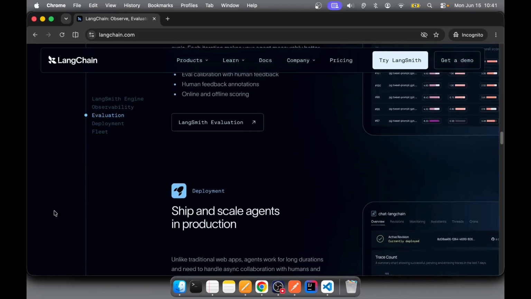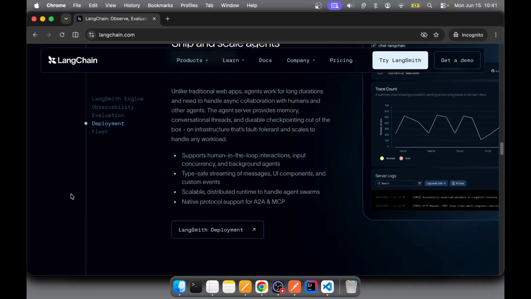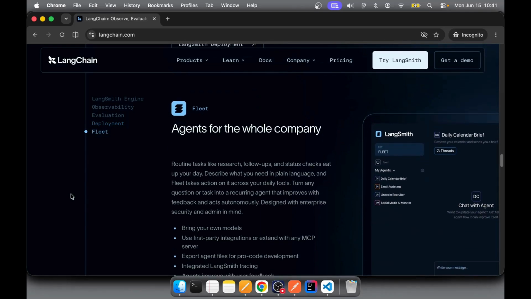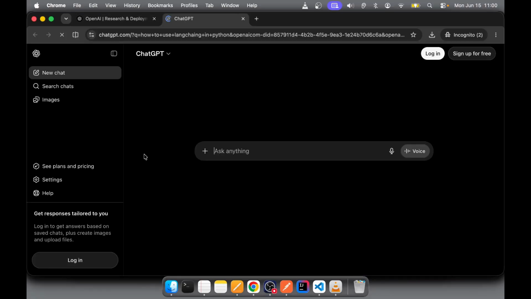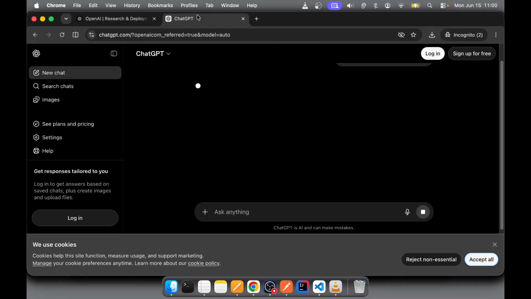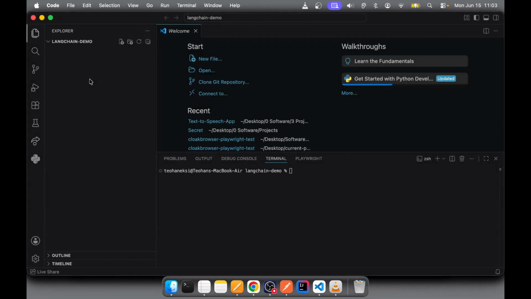That is exactly why the world runs on LangChain. In this LangChain tutorial for beginners, we are going to break down exactly what is LangChain, how it works, and how to use it in Python with OpenAI. We'll even walk through installing it in Visual Studio Code from scratch and look at real-world LangChain projects like RAG and AI agents. By the end of this video, you'll go from absolute beginner to ready to build your first production-ready AI application. Let's get into it.